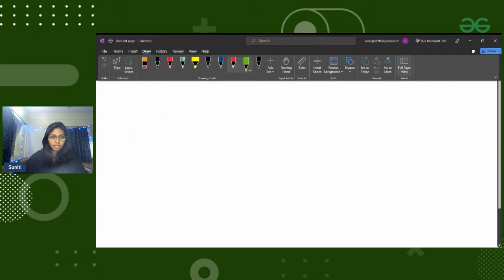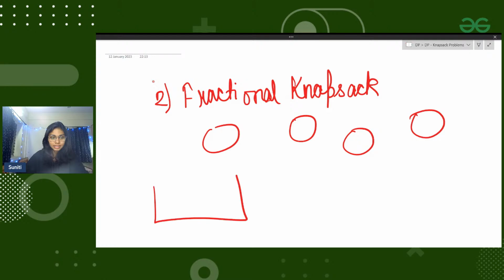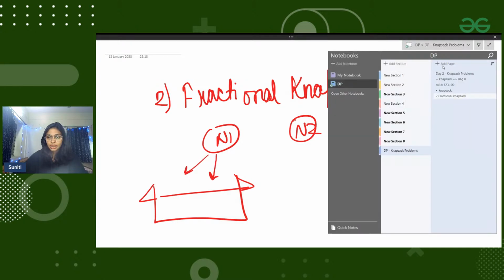Let us move ahead. The next kind that we have is fractional knapsack. Now what happens in fractional knapsack is, again let us say we have n items, and let us say this is a bag wherein we need to add the items. Now in fractional knapsack, you decide whether you are going to add this item or not, but